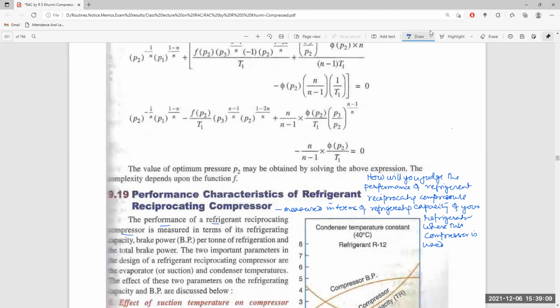It is also measured in terms of the brake power,